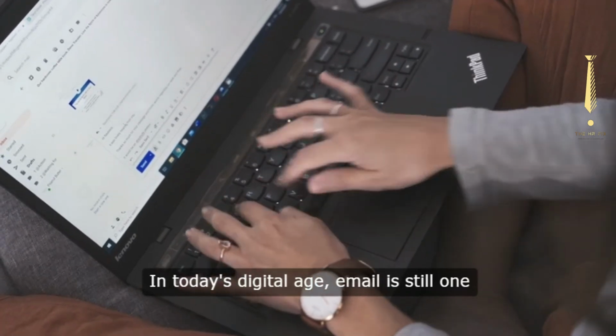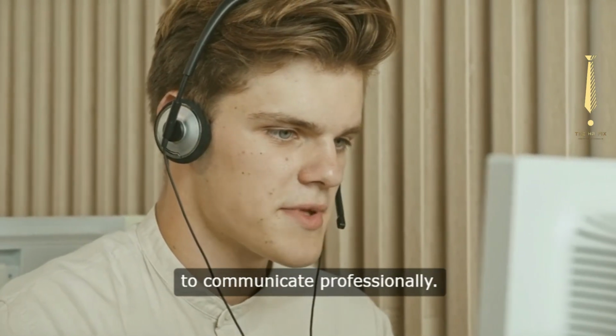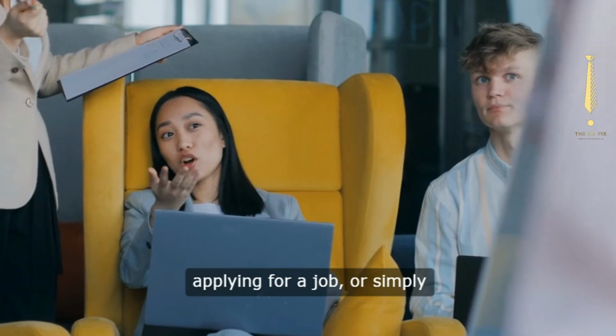In today's digital age, email is still one of the most effective ways to communicate professionally. A well-crafted email can make a lasting impression, whether you are networking, applying for a job, or simply reaching out